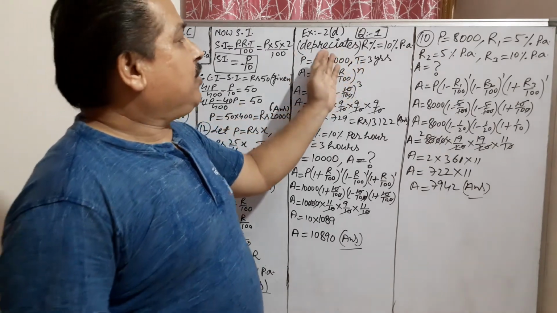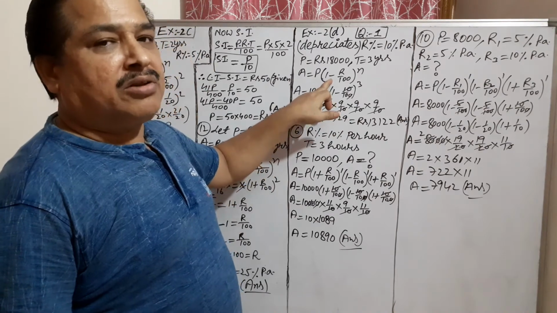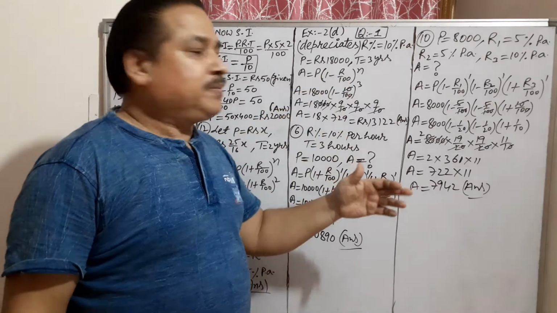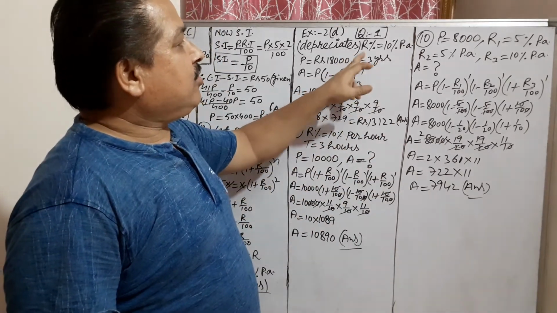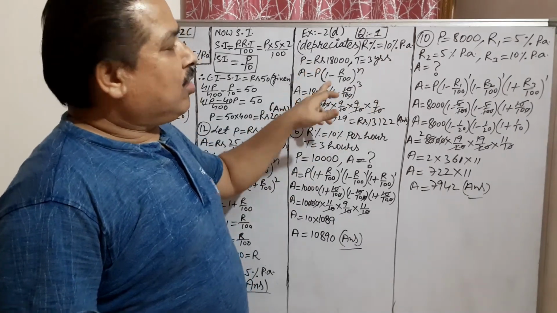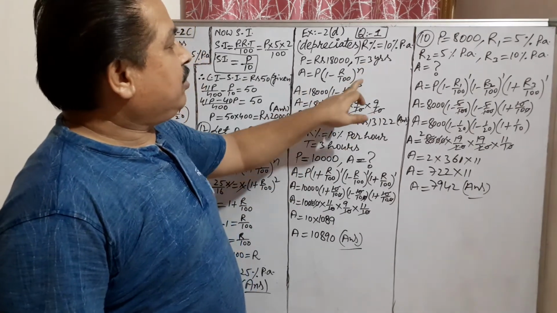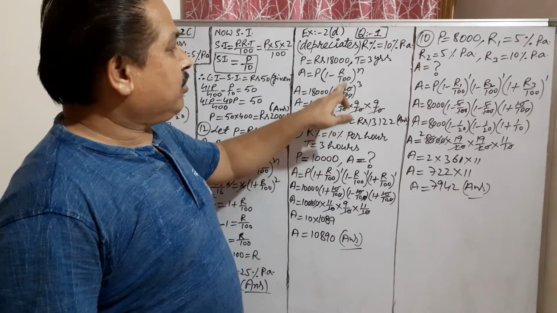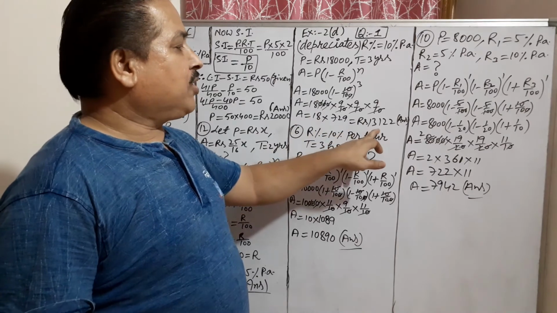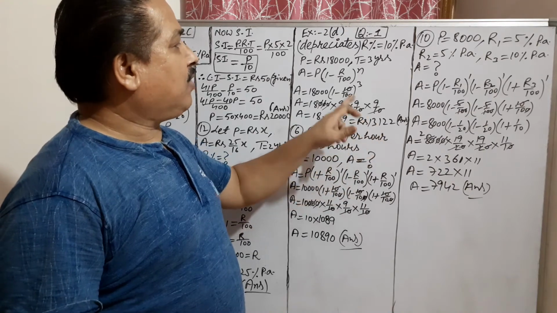2D, first question, which is based on depreciation. For the depreciation case, you will take the minus formula. Instead of plus, you have to take minus here. 18,000 is the cost of the machine in the beginning, and depreciation is given as 10% per annum in the cost of the machine. So what will be the cost after 3 years? So put here 3 years, minus formula we will use, rate is 10% and principal is 18,000. After calculation it will come 13,122. It will be the cost of the machine after 3 years.